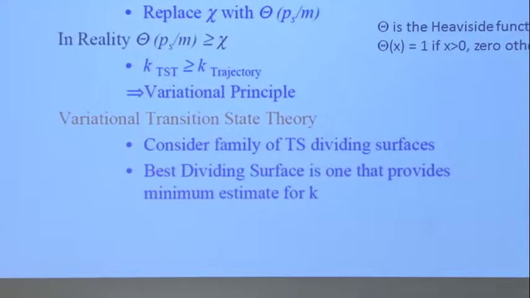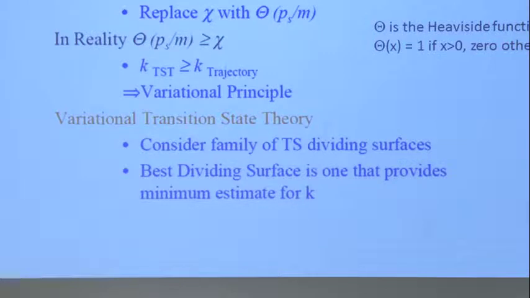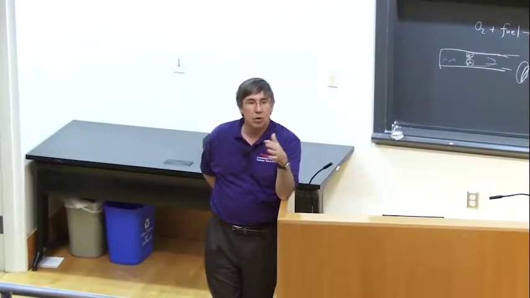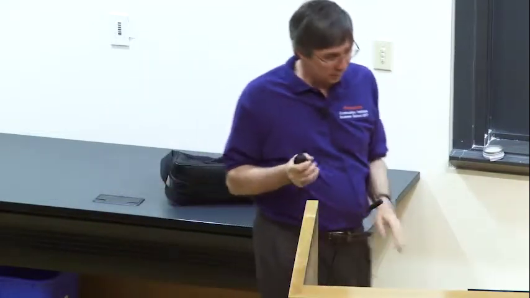And his rule of thumb is whichever dividing surface gives you the smallest rate, that's the one you want. The one that minimizes it, because, as I showed in the New Jersey case, if you drew the dividing surface poorly, you might count the same car twice. And so this is a way to try to just count them once. And typically it's to choose the one that's the minimum. And so this gives you a variational principle about how to define dividing surfaces. And he has software that will help you try to do that.